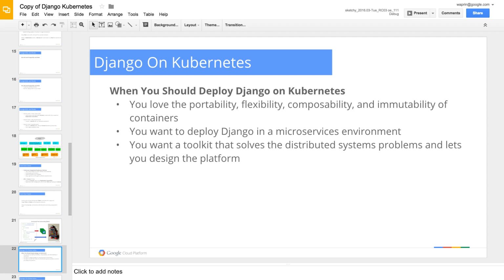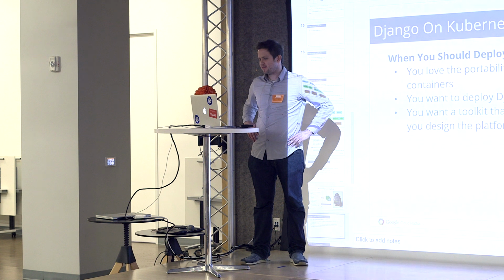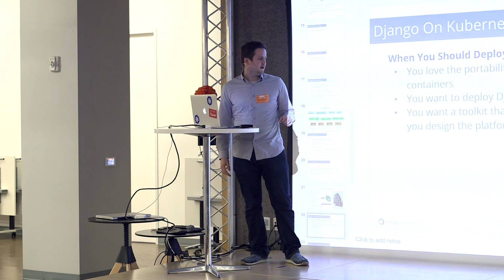You should deploy Django on Kubernetes if you love containers, basically. And especially if you want to deploy Django in microservices environment. Kubernetes is very much in the microservices community. If you buy into microservices and you think it's the way forward, you'll like Kubernetes. If you still think monolithic is the way to go, you probably won't. And if you want a toolkit that solves the hard distributed systems problems and lets you design the platform,